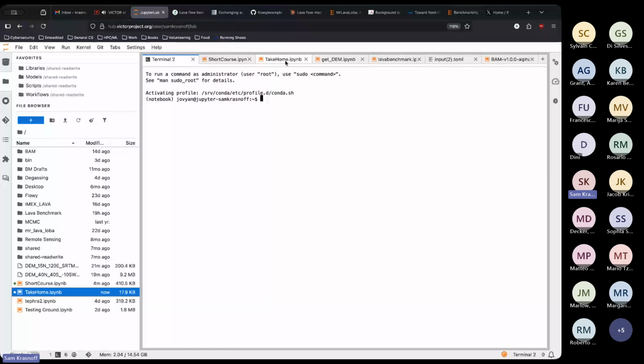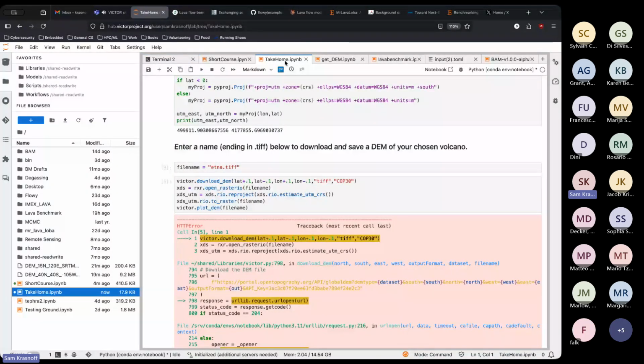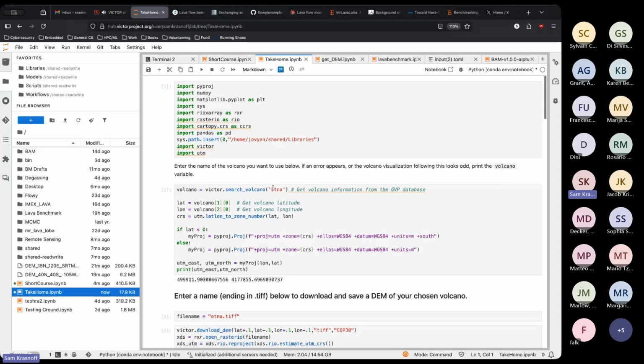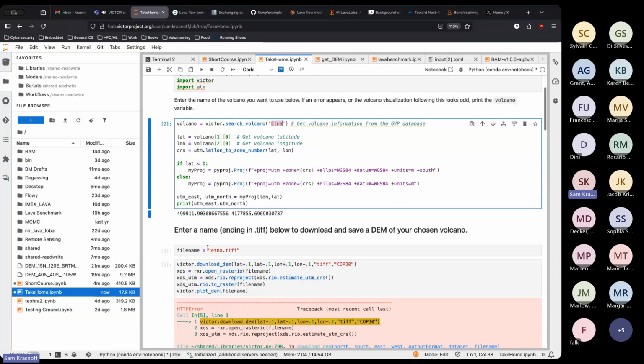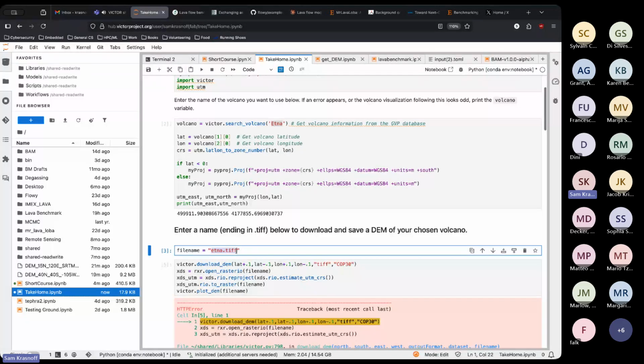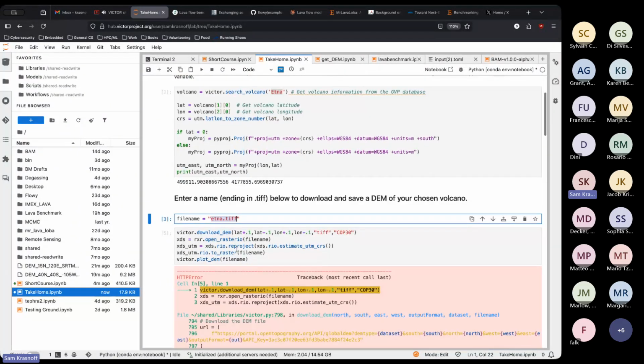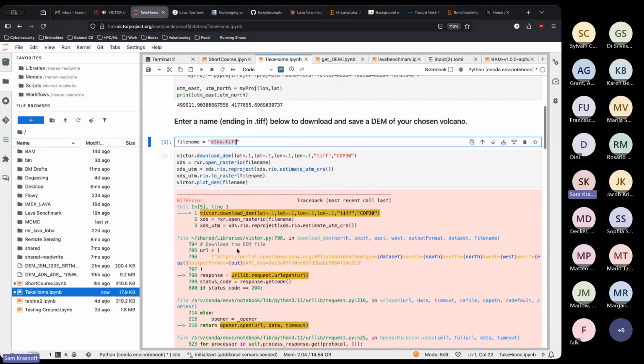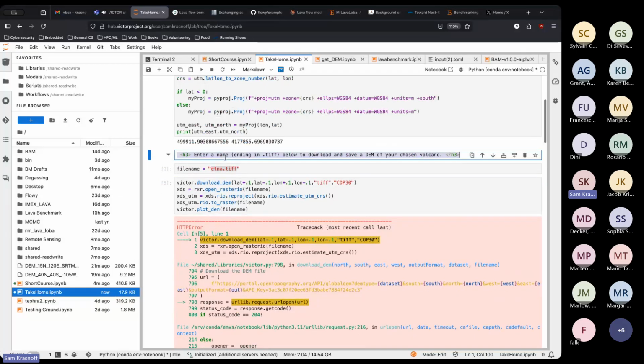Mm-hmm. Yeah. So for this take-home assignment, go back to the top. You can pick any volcano you want. This is the first spot, you're going to need to change the name. The second spot will be empty. Put a file name in there, and then yeah. So as you can see right here,